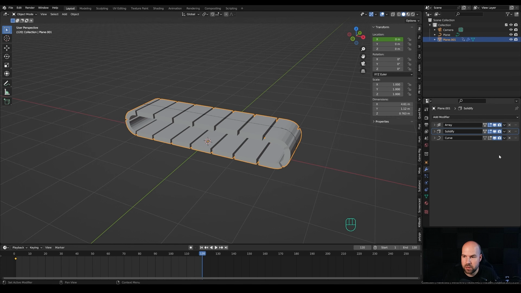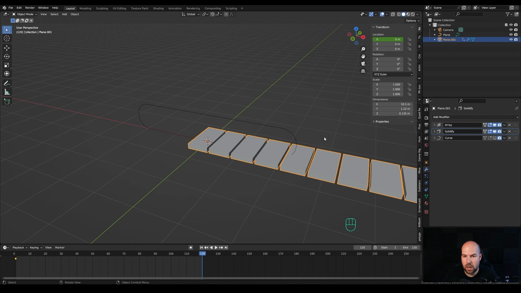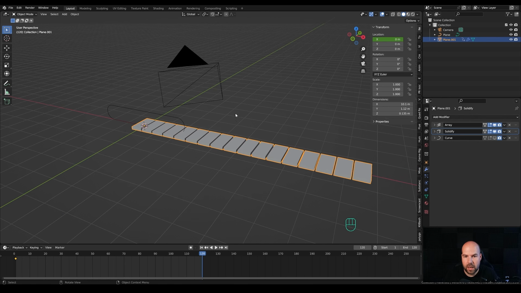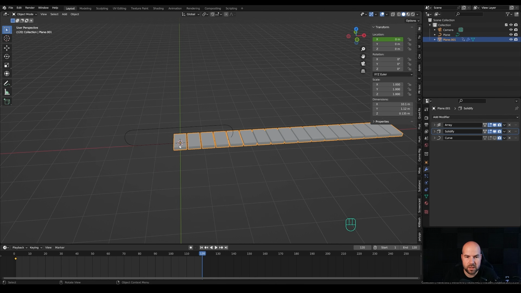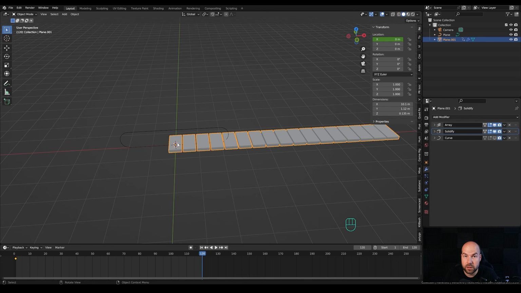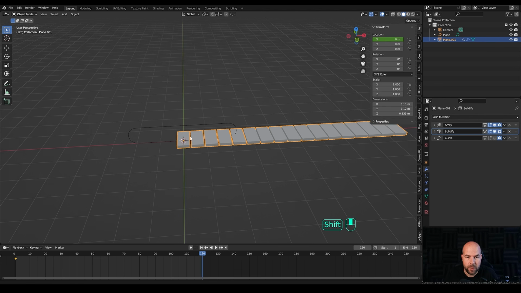So the best thing to do is to disable the curve modifier right now. Click this monitor icon right here. And here we have the full belt object. And right here on the dimensions, you can see that on the x-axis it's 10.1 meters. And if you click inside, you will see some more precise number. So this is the length we need to travel, but not entirely, because you can see the origin point is right here. So we would need to subtract half of this width right here.